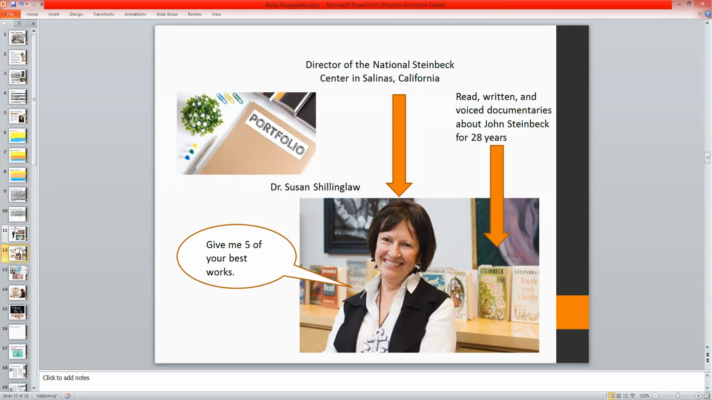And one of her tasks that she gave me in my third year of college, she had an assignment where we had to get a portfolio of 5 of our best works ever written for any class, whether it be fiction or poetry or an essay. And she said, give me 5 of your best works, sit down one-on-one with me and tell me why it's good. And I was like, I don't know if I can answer that